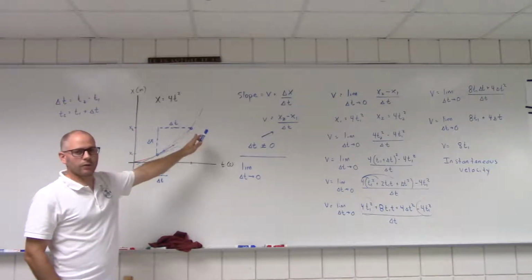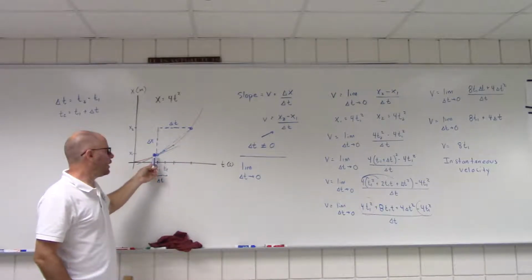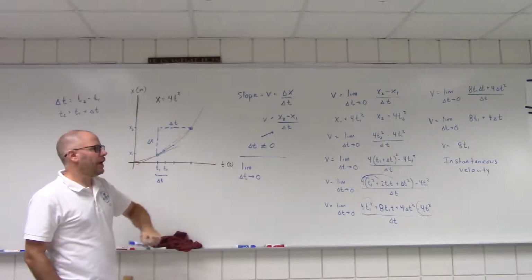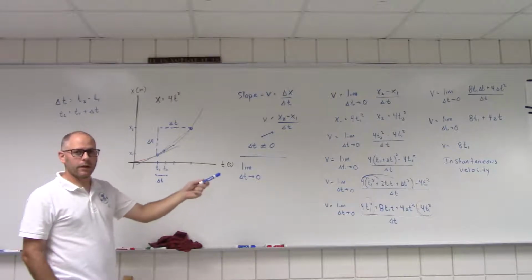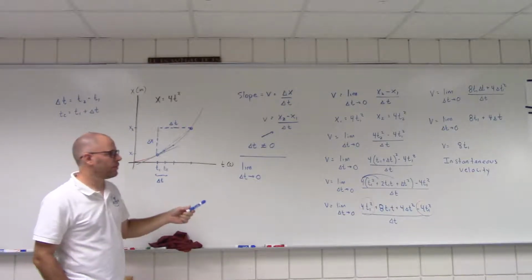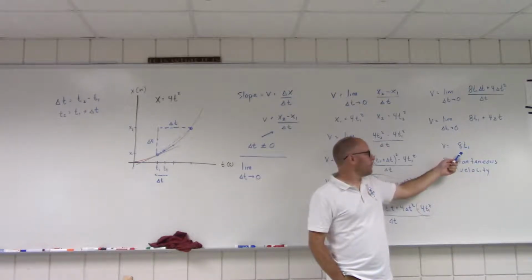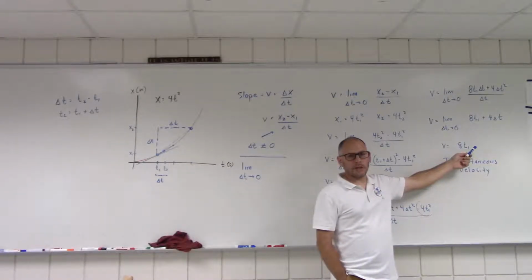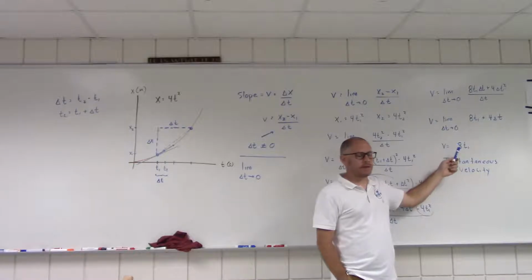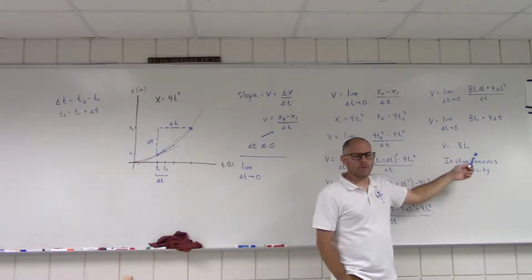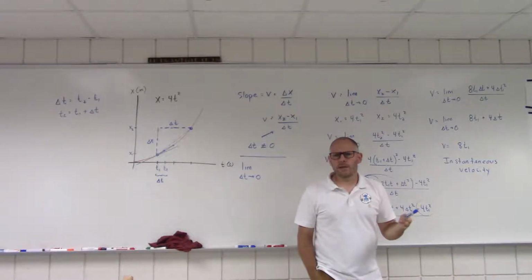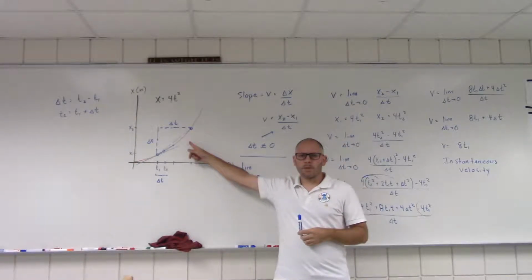Now, to get an actual value, you'd have to plug in a time. Let's say that this is my function. If t1 was equal to 1 second, the velocity would be 8, because if I plug in 1 second here, the velocity is 8. But it also means that if t was 2 seconds, my velocity was 16. 3 seconds, it would be 24, which actually makes sense with our conceptual framework, because if this is a parabola,